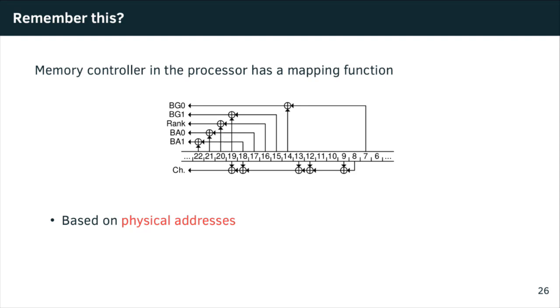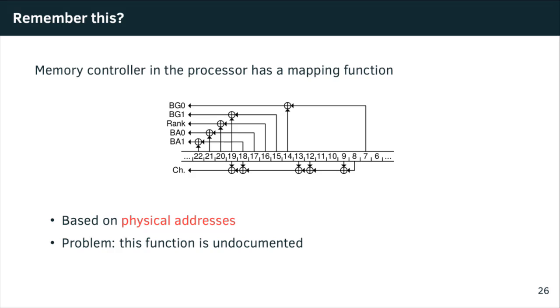So if you have data that has a virtual address and then it translates to the physical address, the physical address gets to the memory controller, and the memory controller then uses a function to decide in which location of the DIMM the data is actually stored. This is this mapping function. So this is a mapping function of a Skylake computer here,